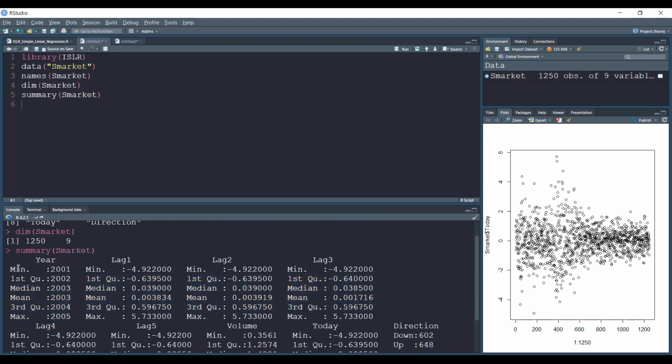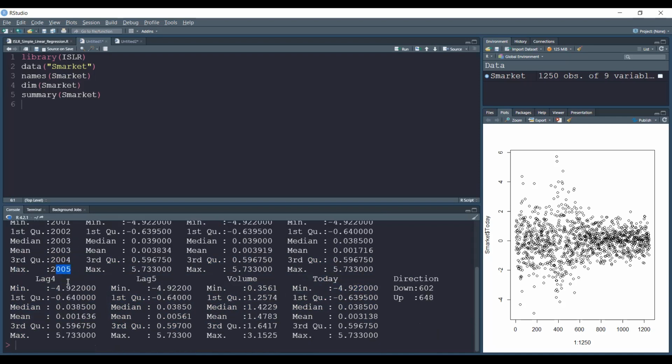I mean, although this is numerical, it's more like categorical. It's more like qualitative, right? And then you have the volume. This is shares traded. You're buying and selling. Okay. Then we have